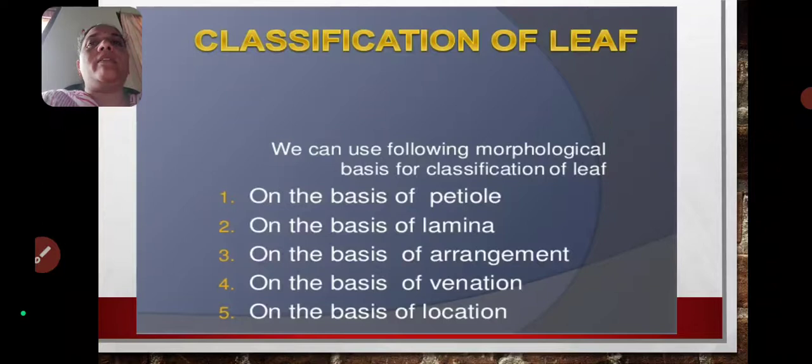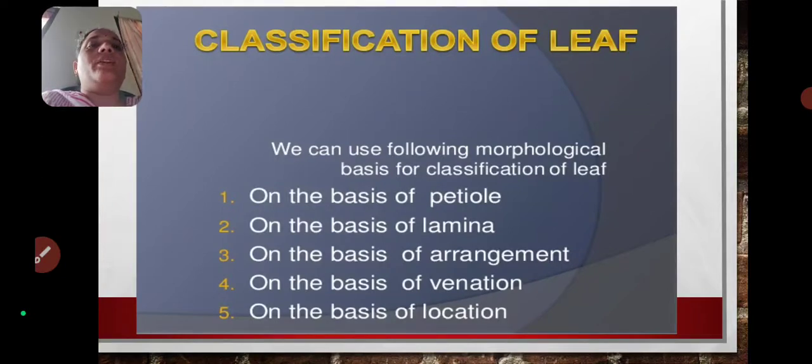If you write the technical description of a family, you have to know about the characters of a leaf. So before going to explain about the families, you have to know about the basic technical knowledge about the taxonomy. Okay, this is a very important topic. This is very useful for the taxonomy understanding.